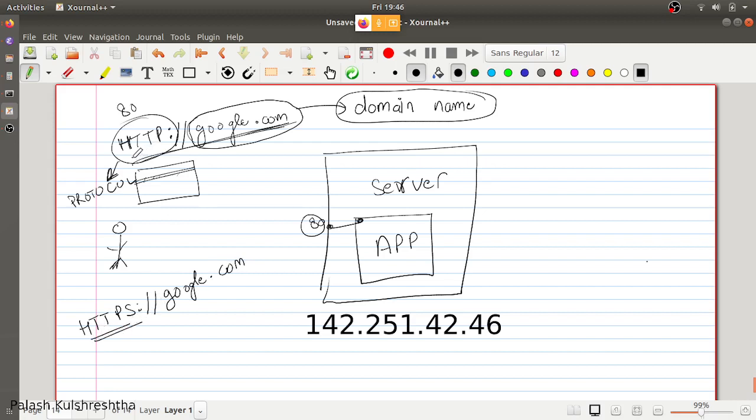So HTTP stands for Hypertext Transfer Protocol, and HTTPS stands for Hypertext Transfer Protocol Secured. So it is basically saying that in HTTP, the data is not encrypted by default when we are sending our request from a browser or curl or whatever way we are calling that API to the server.